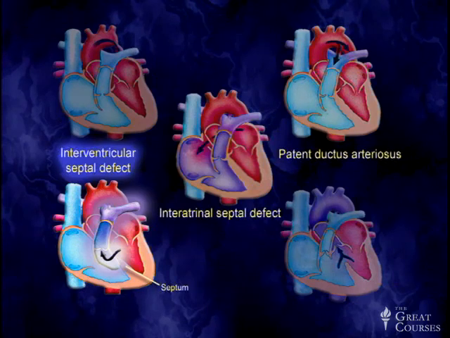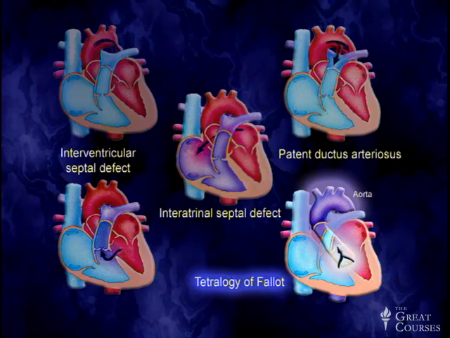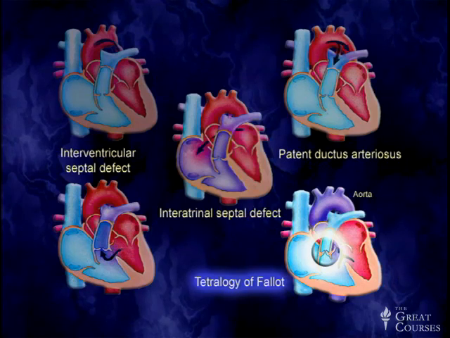And over here we have probably the most serious of them all. It is called the tetralogy of Fallot. Dr. Fallot described this. Tetralogy just means 4 defects. Here's what they are. First of all, the aorta, instead of being on the left side of the heart, overrides both sides. So it is a failure to separate the two sides. Second of all, the pulmonary valve, or the pulmonic valve, leaving the right side, is stenotic. It doesn't open very well. It's very tight. The third is an interventricular septal defect, which is right below. And finally, you get right